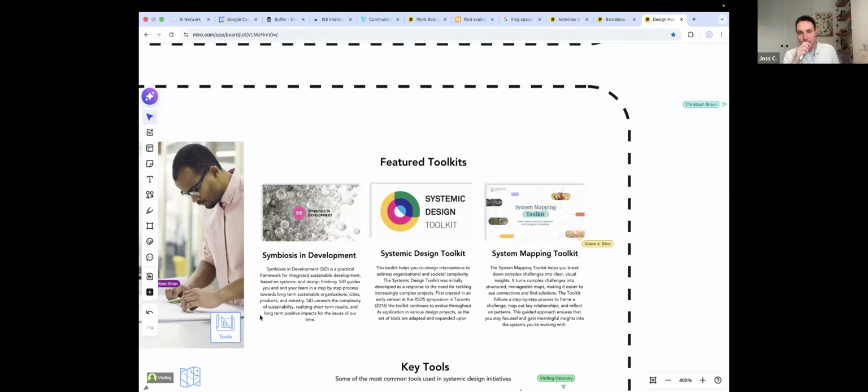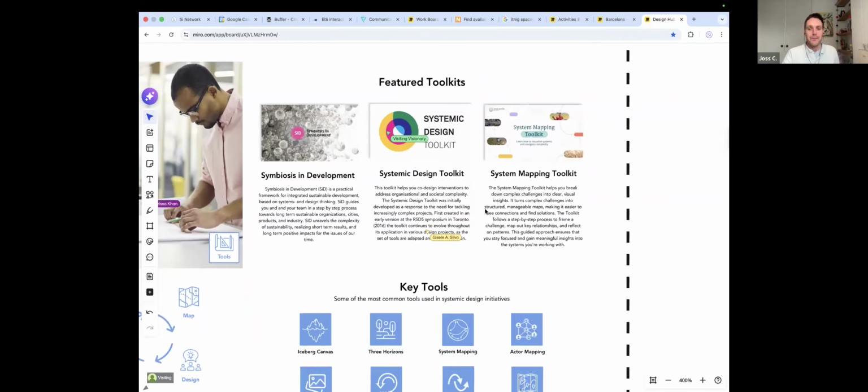So there's a good toolkit. Then in the center is the Systemic Design Toolkit, maybe the most popular here. It's from NAMA and other organizations that developed this. And it's quite a comprehensive set of tools that, again, walks you through different stages for approaching systemic design. So those are three overarching frameworks.